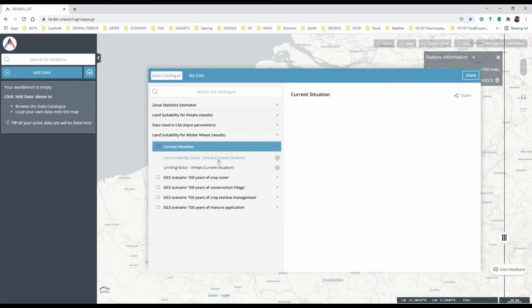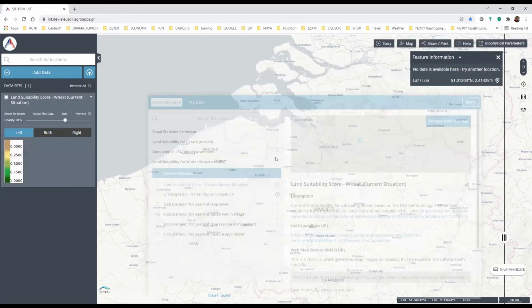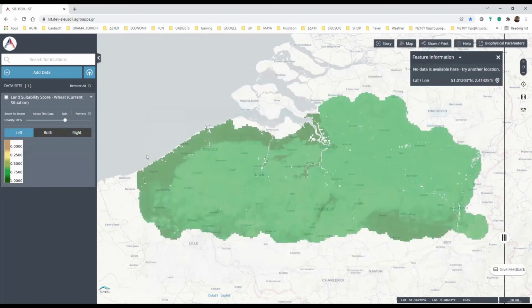Here you have the land suitability score map, with values from 0 to 1, and also the limiting factors map. So for winter wheat in Flanders, this is the land suitability score map, receiving values from 0 to 1.